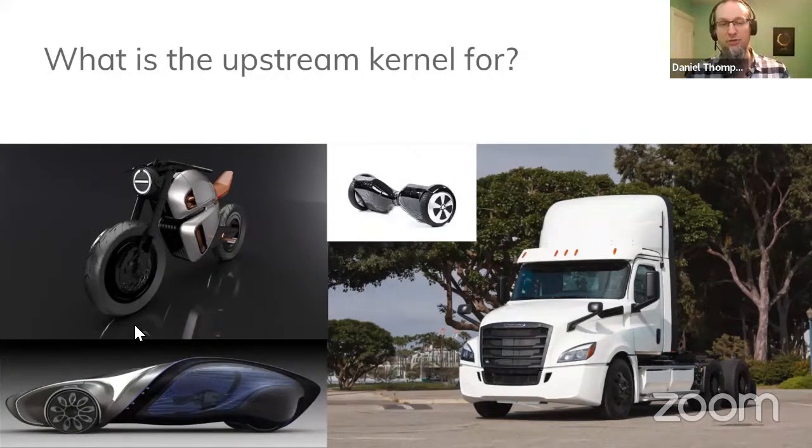The other characteristic of all these images on the display at the moment is these are all electric vehicles. And I don't mean to suggest that they are more modern or anything like that. I'm suggesting it's to do with the horizon that the upstream kernel is looking at. It knows that it's in it for the long haul. It's not expecting to ship a product next year and be done. So it's not that the now is more modern or advanced. It's the horizon is further away.